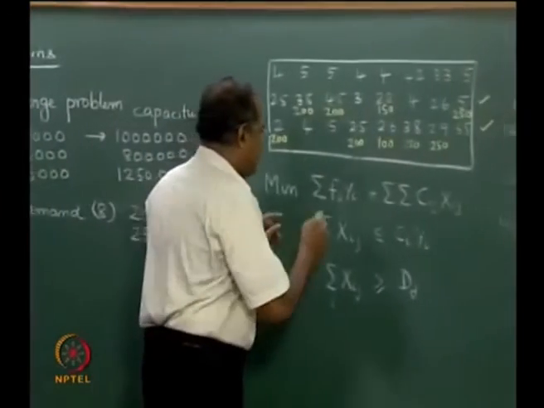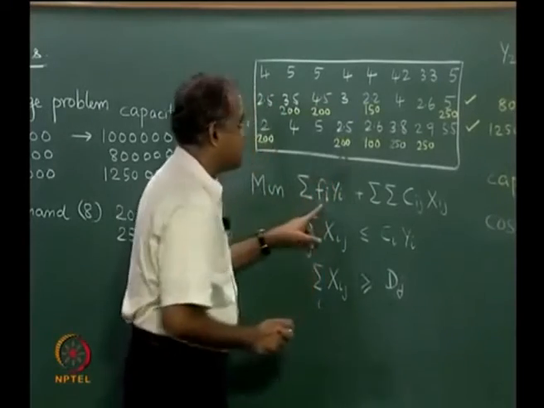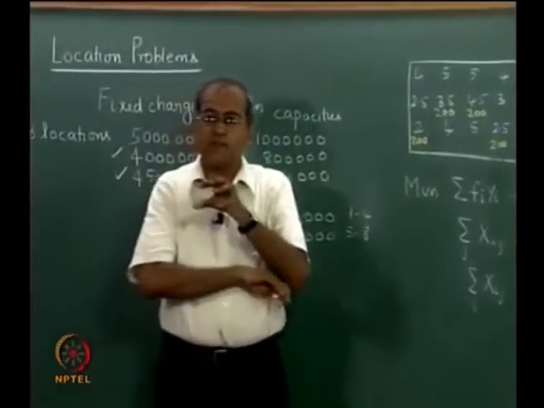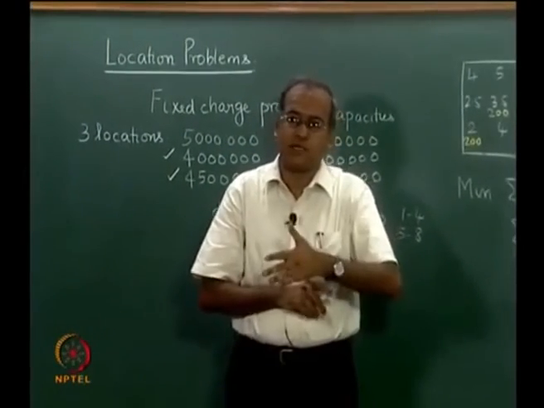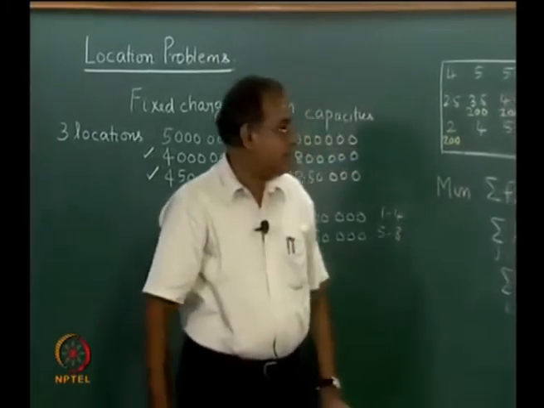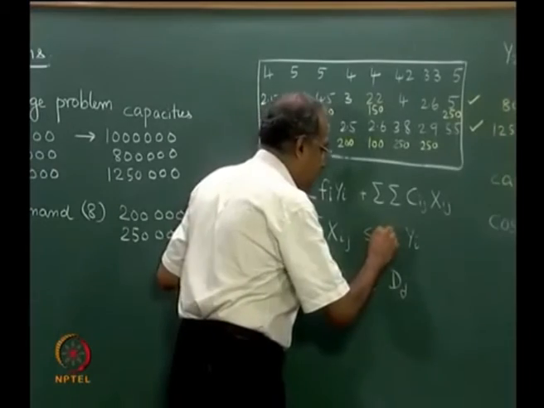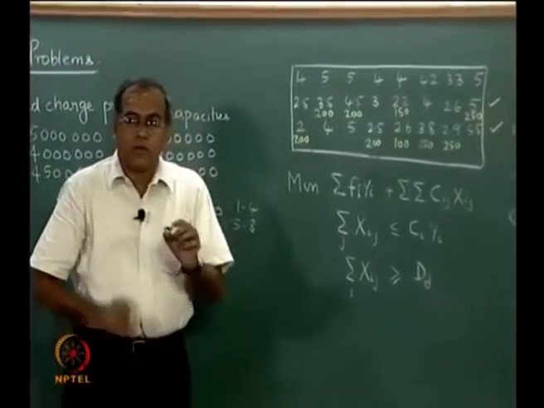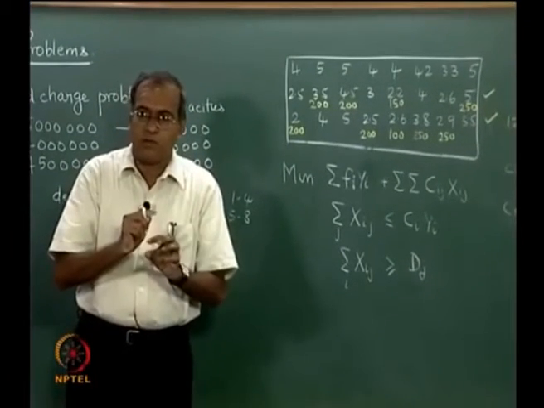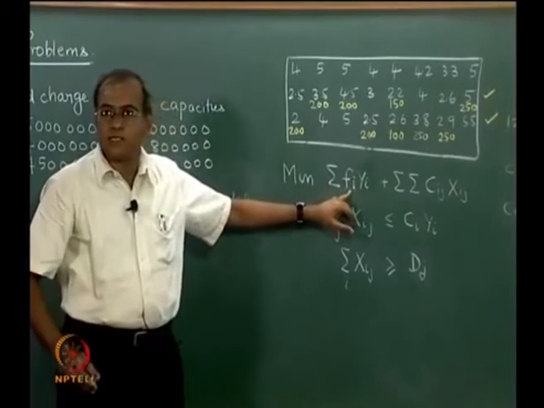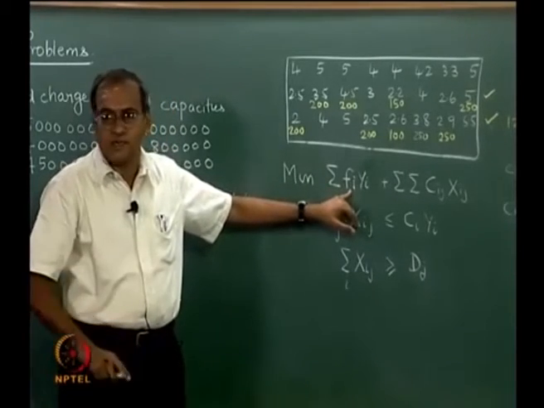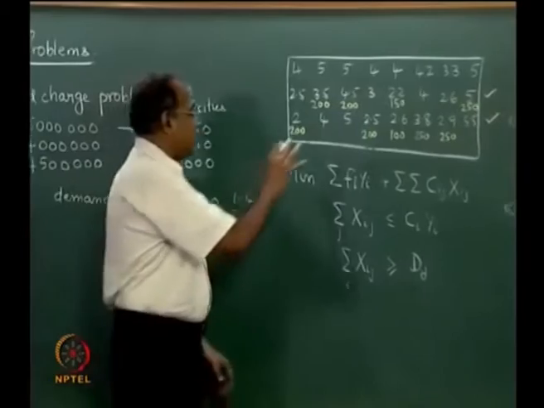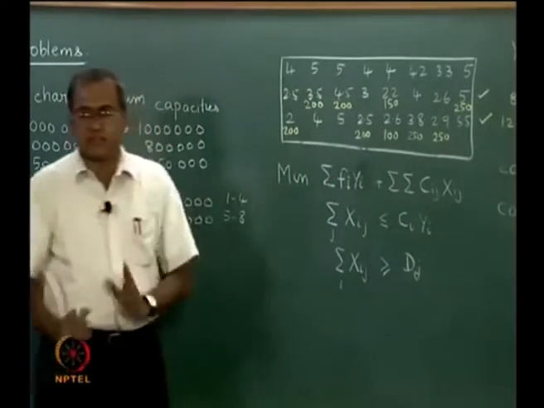One is what this Fi represents: the fixed cost of setting up the facility, whereas Cij Xij represents the cost of transporting items from the chosen facilities to the demand points. Now, there is also a Dj which comes here, Dj is the demand during period j. Now, what is the period that we are talking about? This is like a one time cost of allocating or locating a facility, whereas this is incurred every time there is transportation. So, the best way to define Fi and Cij is like this.